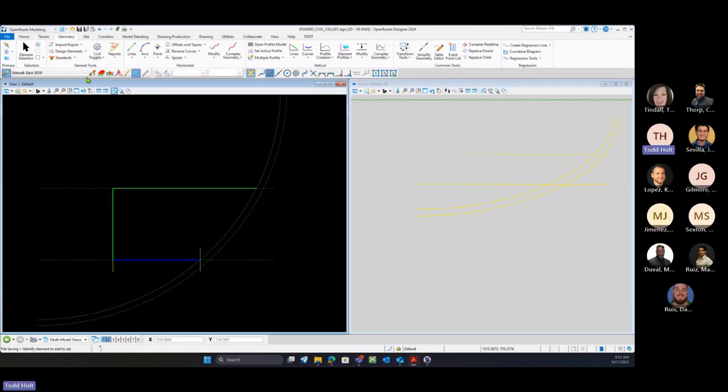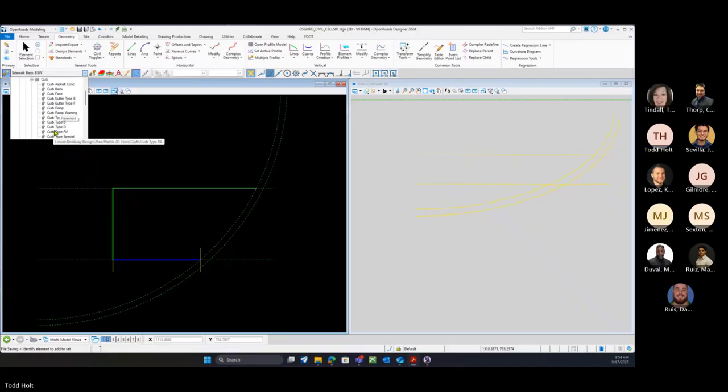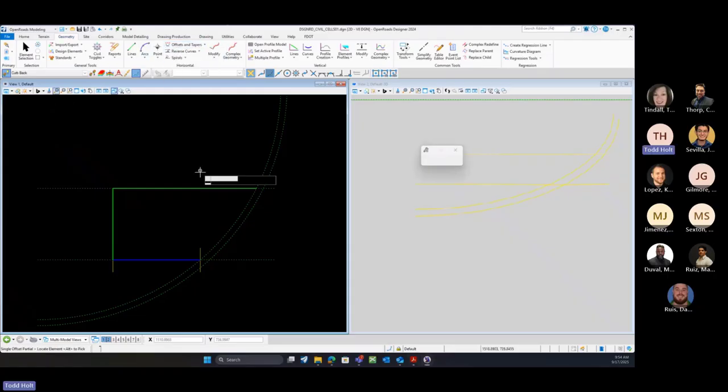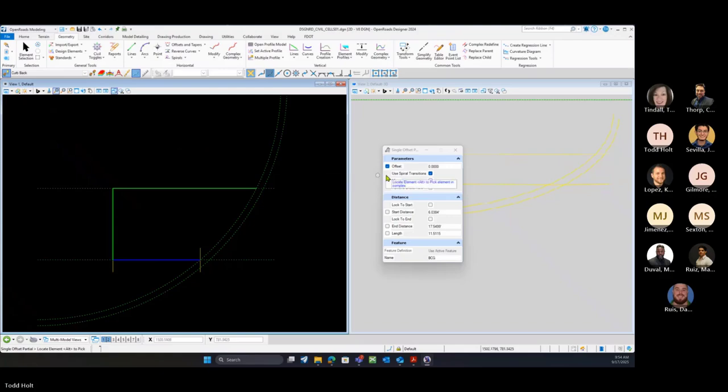Here, I would probably come in and build a curb. That might be a curb back line. So this is going to be a single offset partial, 0, on this line. So I just want this to run from